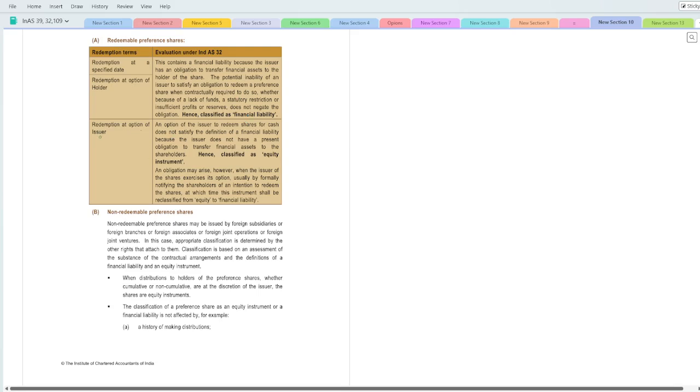तो यहाँ पे क्या बोल रहे हैं कि यहाँ पे ऑप्शन इश्योर के पास है। सपोज मान लीजिए इरिडीमेबल प्रेफरेंस शेयर है, लेकिन होल्डर के पास नहीं, इश्योर के पास एक ऑप्शन है कि अगर उसका मन किया तो वो प्रिंसिपल अमाउंट को रिफंड कर सकता है। तो ऑप्शन इश्योर के पास है कि वो एक्सरसाइज कर सकता है, नहीं भी कर सकता है, तो ये आपका इक्विटी इंस्ट्रूमेंट कहलाएगा।